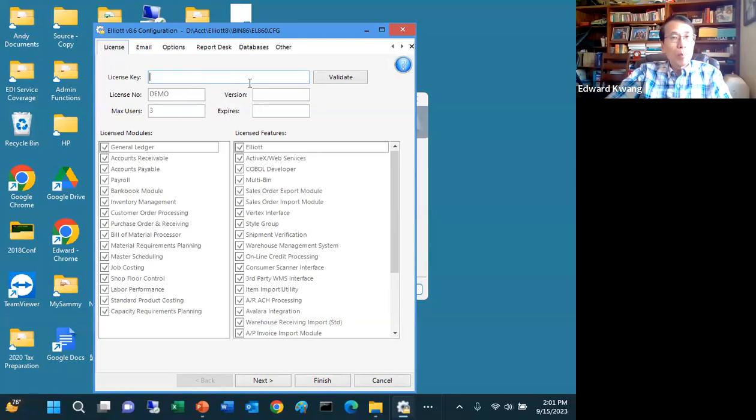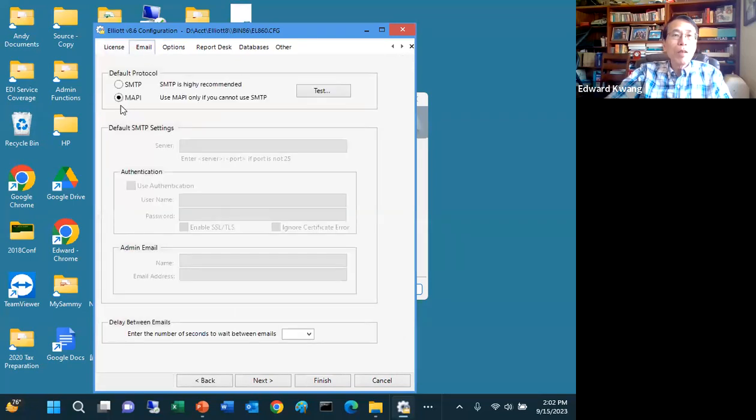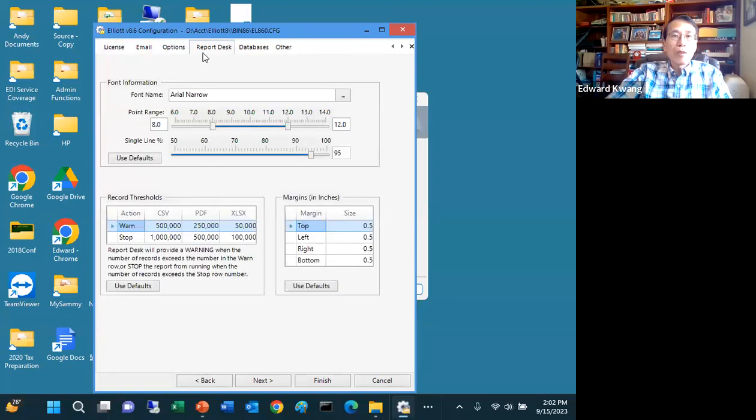This is the place where you can put it in and validate. If you do not put in the license key at this moment, then it just becomes demo mode. And then there are several tabs. This is the email tab, which will copy from your 8.5 setting if it can detect it. And there's a Report Desk tab, and not much you need to do here.